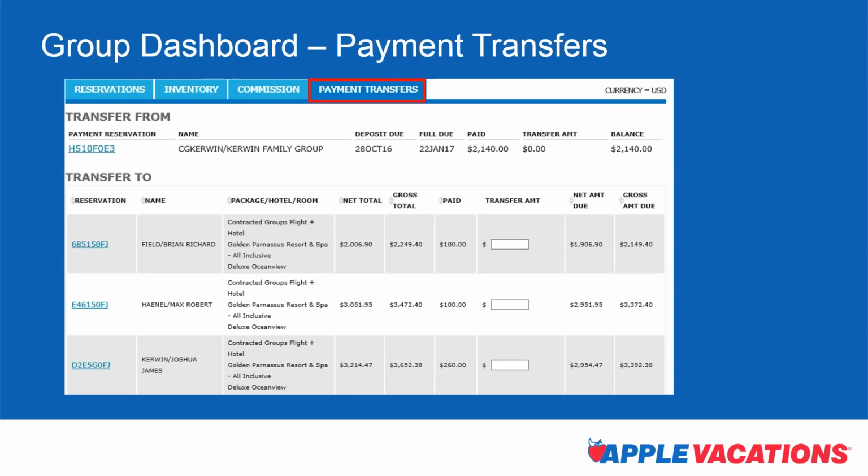And then the final tab is your payment transfer tab. And this is really awesome because let's say it's a wedding group and the father of the bride put up the deposit for the group. So the group is under deposit, and then the first child booking you're going to make is to book the bride's parents. So you book the bride's parents, and then if you want to transfer all that money that they have just put on to secure the group, to deposit on the group, you can transfer all that to their particular child booking, and now they're paid in full.